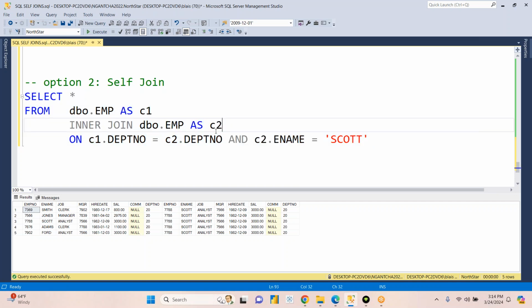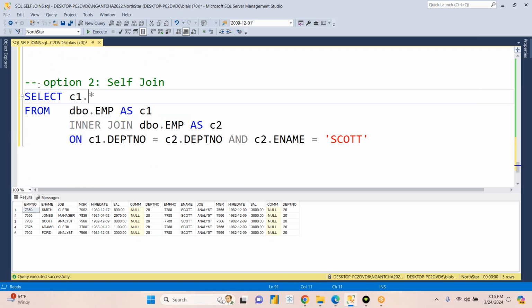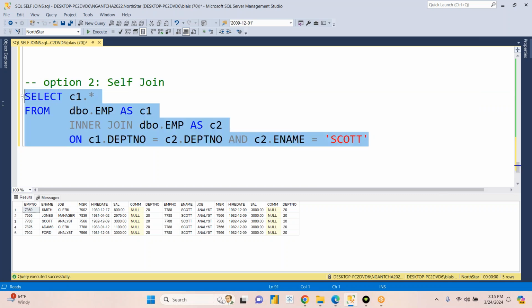The most important thing we pulled from this C2 was Scott's name, right? So if you want to render the results the same as this other one, you just have to put C1 dot asterisk. Give me all the columns from C1. C1 dot asterisk, that's the meaning. All columns from C1. And if I run this,